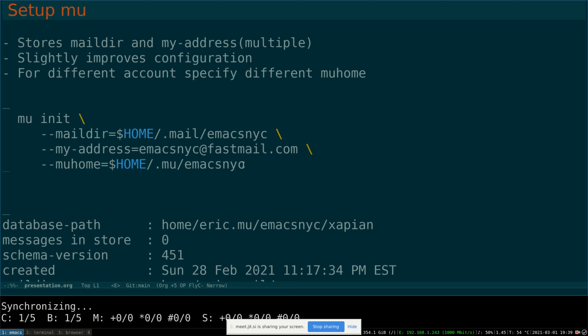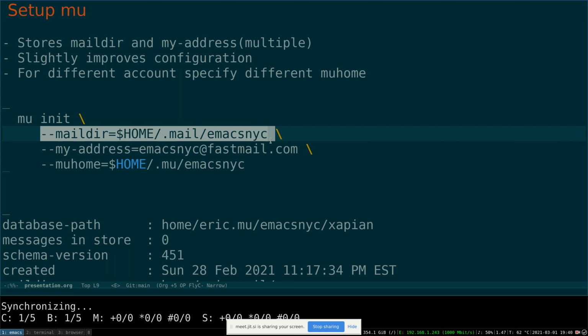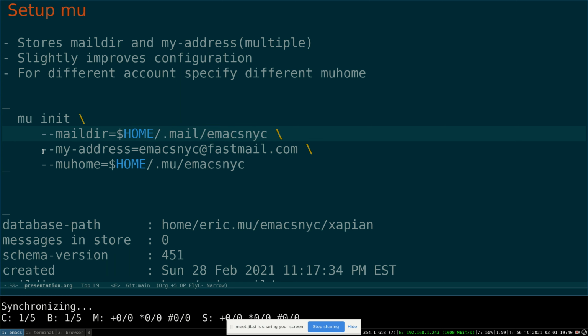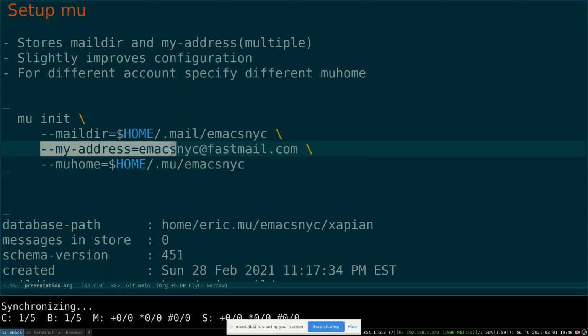So, setting up mu or emu. After it's installed, you get the command line tool mu. We need to run that in order to initialize it for our mail directory. So we do mu init. We need to pass things like the mail directory that we just created. We need to also pass the address that you're going to be using. This is a lightweight configuration for how it's going to reference some things to make sure that the email is correct, to make sure that it's looking at the right stuff,